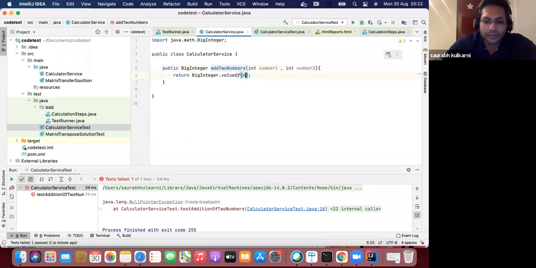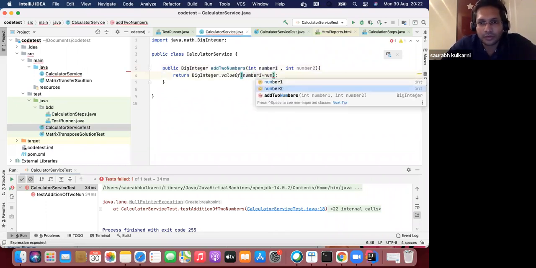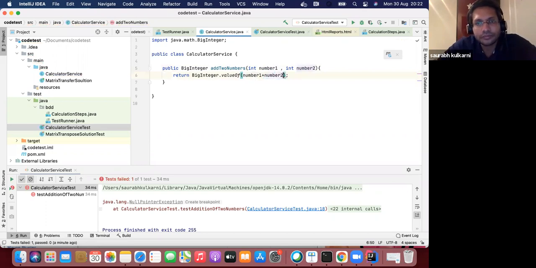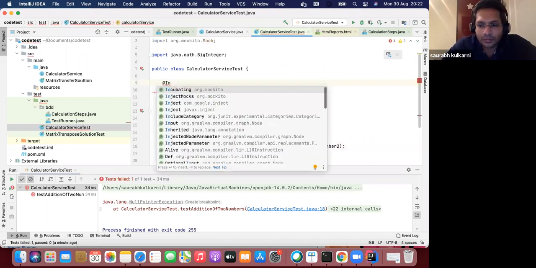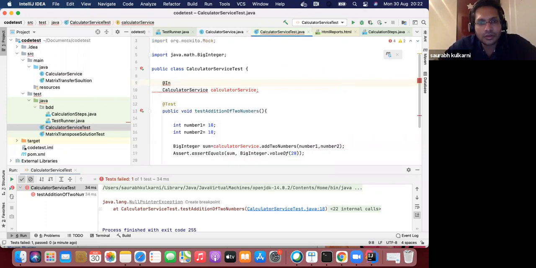Let me just quickly go and add the two numbers. So, number one plus number two. These are called annotations that I'm using here at the rate test.